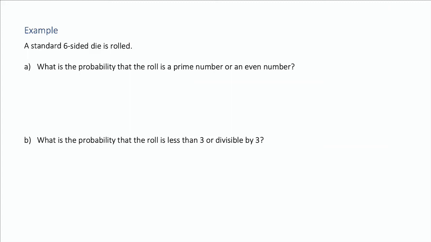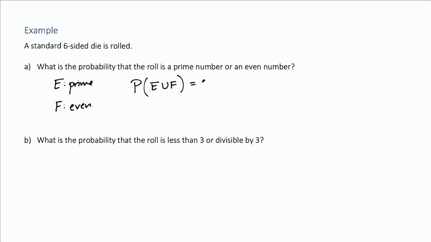A standard six-sided die is rolled. What is the probability that the roll is a prime number or an even number? Okay, so we have two events here, a prime number and an even number. Well, we're looking for the probability that it's prime or even, so E or F, E union